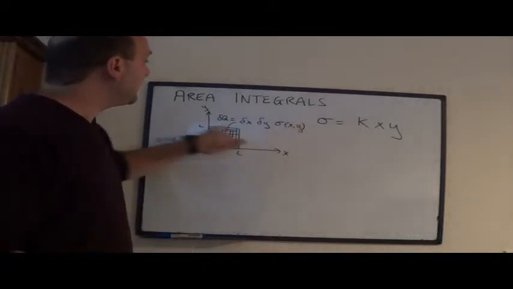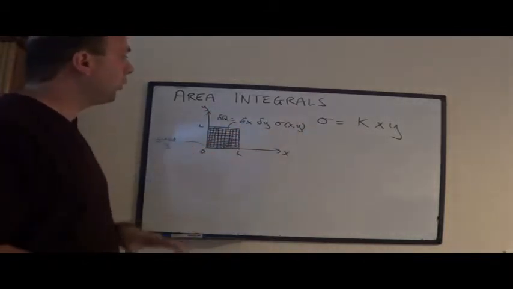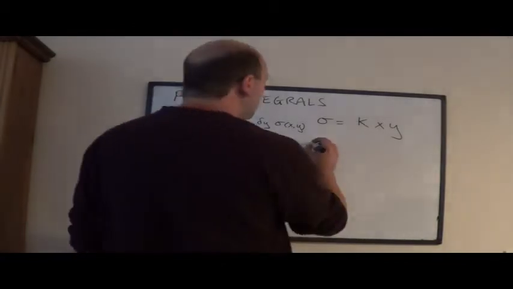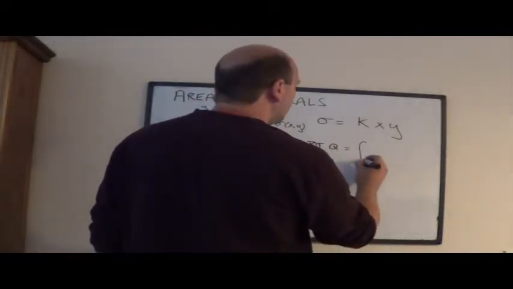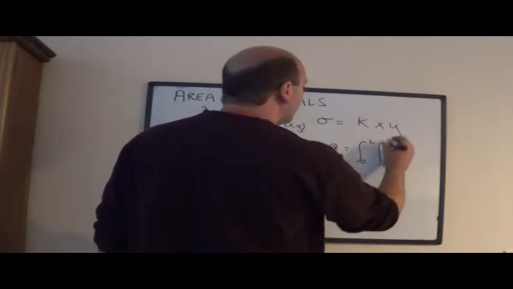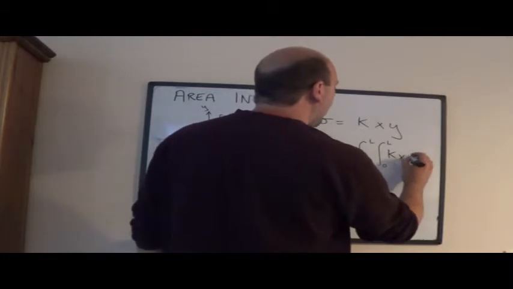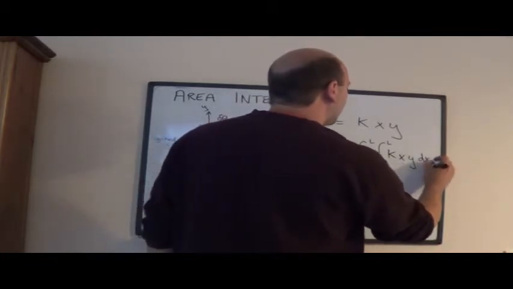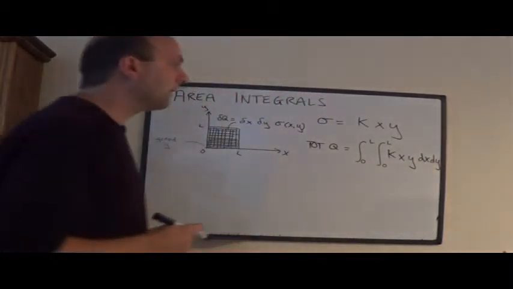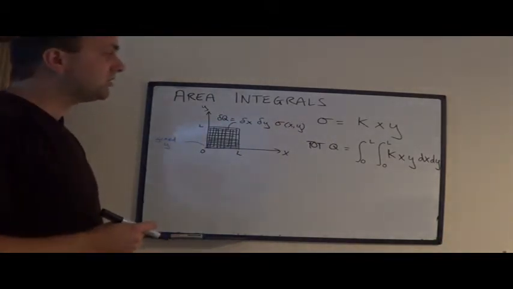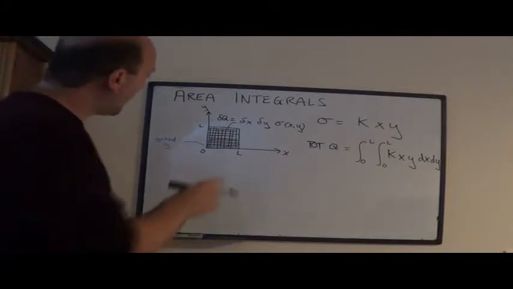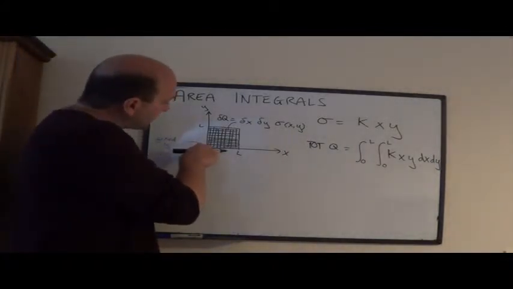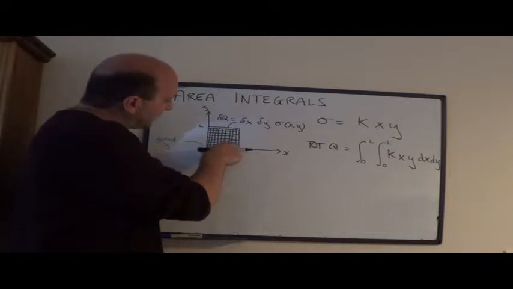Now what I want to do is sum that up over the whole plane. So the total charge is going to be given by the sums in both the x and the y direction of k x times y dx dy. Again, it doesn't matter which order I do these integrals in, so let me choose to do the dx integration first. Again, what I'm doing is at some fixed y, I'm going to add up all of the little squares